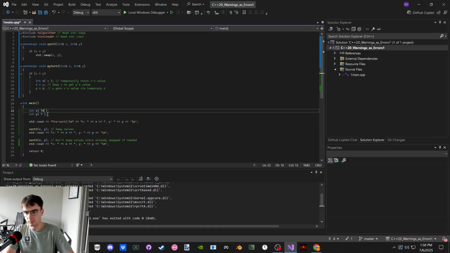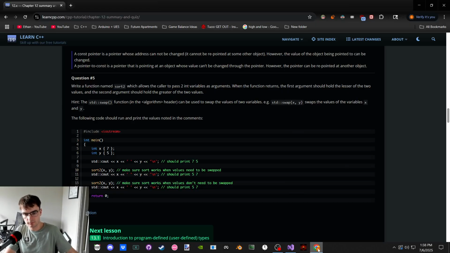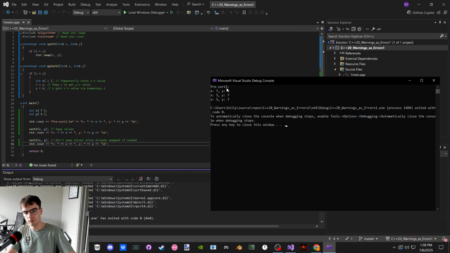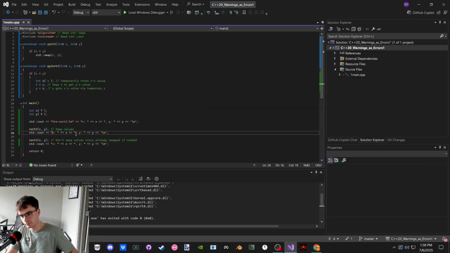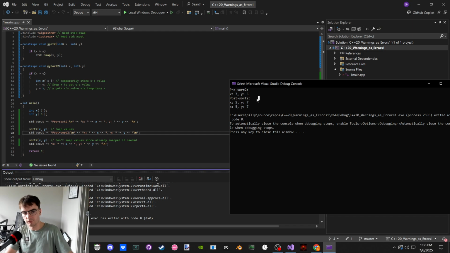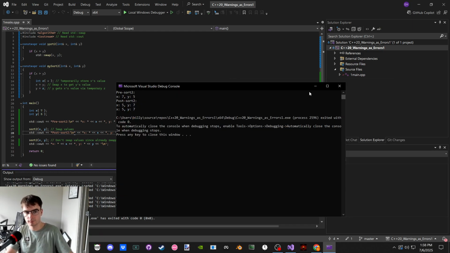Oh, so I guess this should be 7 and 5, huh? Yep. At first, pre-sort, it's x and y, and then I could say post-sort2. Pre-sort2 is 7 and 5, now it's 5 and 7, cool.